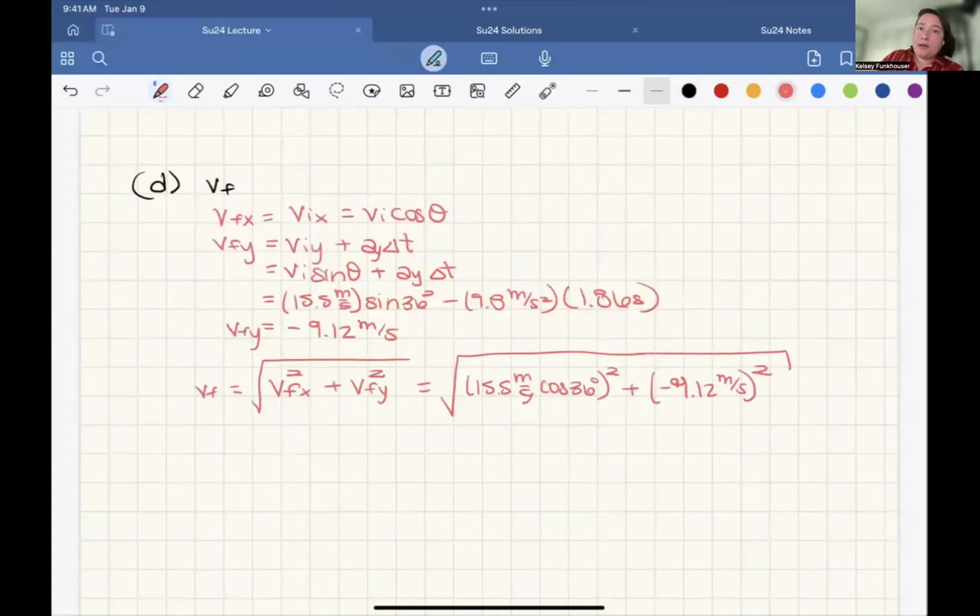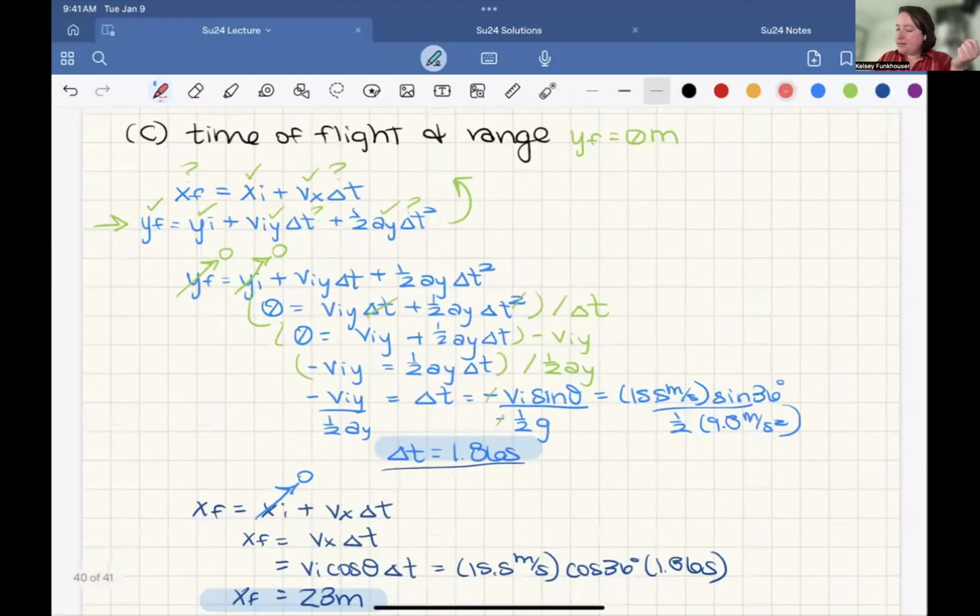And that whole thing is square rooted. And so we get 15.5 meters per second, but now we're going down. And so you say, that's the same as launch speed. Yes, exactly, because